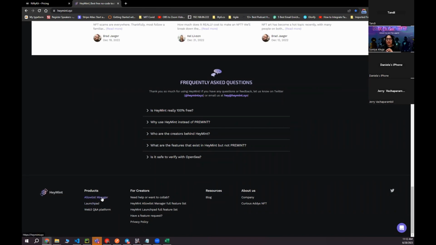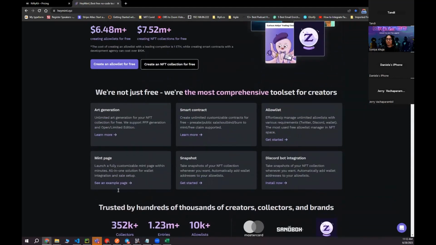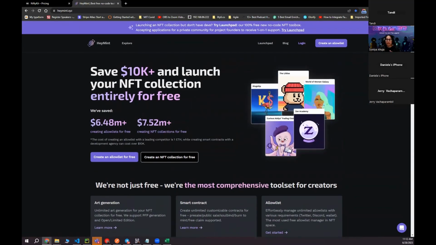You also have allow list functionality with them, which you can use to build your own allow list manager. And with the allow list manager, you don't have to pay any money, because the other alternative is pre-mint. So how the allow list functions is, if you want to create a little bit of FOMO around the sale, right? Or sometimes popular mints, I mean, now for NFTs in general,